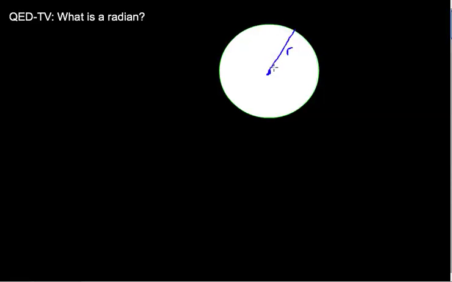What we're interested in is looking at the angle that it makes if this radius sweeps out the exact same length as the radius. So let's imagine that we measured from here out to the edge, and we cut a length of string exactly that long. A lot of the early mathematicians were interested in finding out, if I could cut a length of string this long, halfway across the circle, how many lengths of those strings could I put around the outside edge? And when they did that, they found out that they could put just a little over 6 of those around